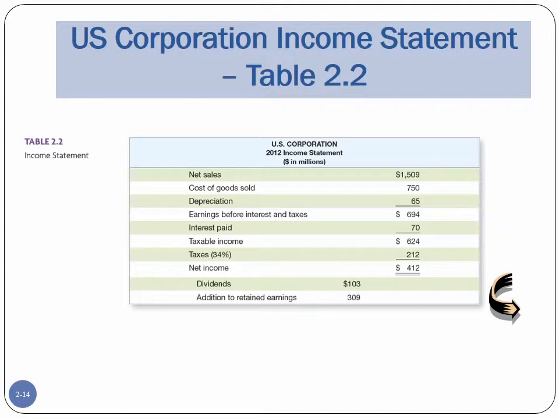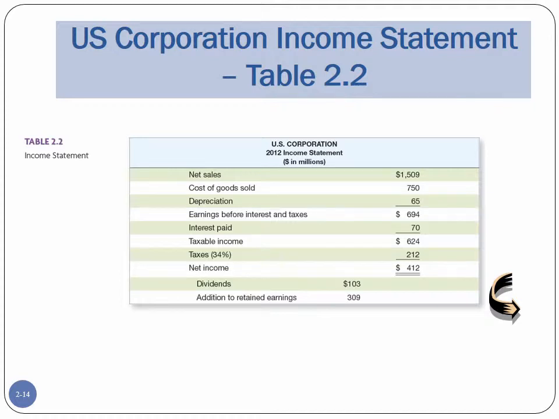We pay interest on our debts, which is why we want to keep those as low as possible. And then after interest, we have something called taxable income. Taxable income, then we subtract taxes, and we get something called net income, and this is known as the bottom line. And then net income is used for two things generally. It's used for dividends to stockholders or retained earnings, which in turn can be kept or used to reinvest into